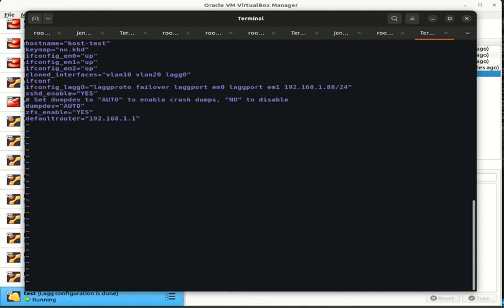Then we are going to assign the IP addresses. ifconfig_vlan10 inet, and we are going to give it an IP address from a class B network. It has to be netmask